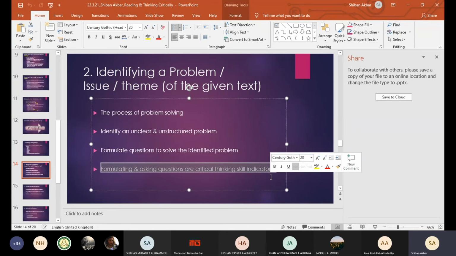do for your own research, and which we do actually when we are reading text in our reading course. So we ask questions. If you're not asking questions, which means you're reading it passively, you're not reading it actively, you're not reading critically. Number 3,